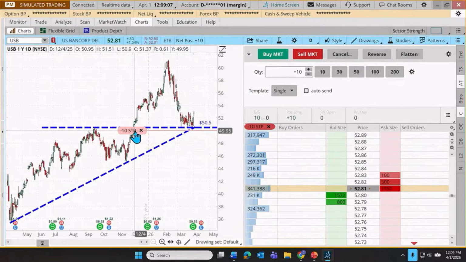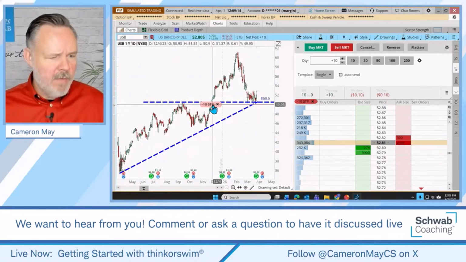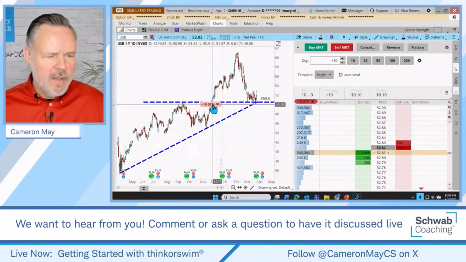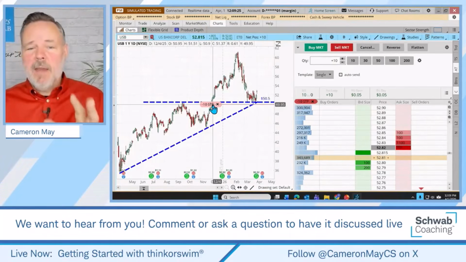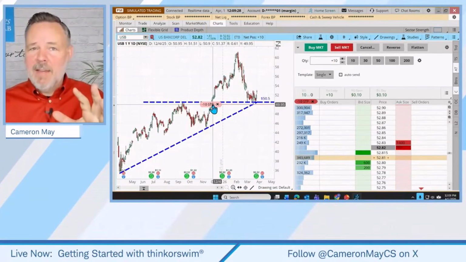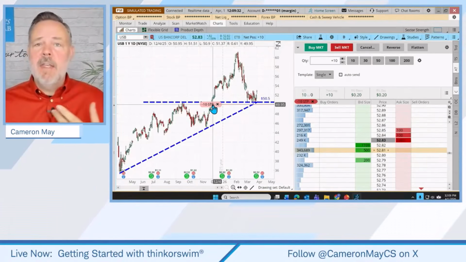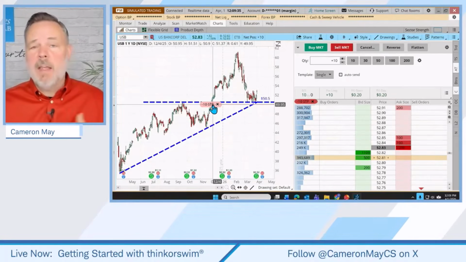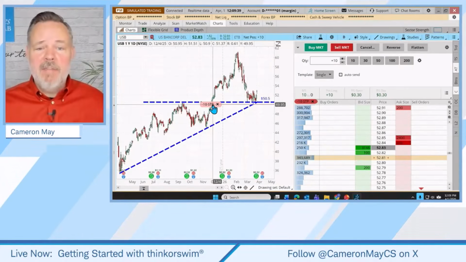Let's see. Wacky says, I'm stuck on 8 grid, but first chart has buy, sell, cancel, reverse, flatten. Can't get rid of it like the other charts. I'm not sure. Oh, so you've set up a grid and you kind of hit a snag. My apologies. I don't have time to explore that with you today to see exactly what might be going on there. Do a little bit more experimenting. As always, if you need some personalized assistance, this isn't just for Wacky, it's for everybody. You can call our support team at 800-435-9050.